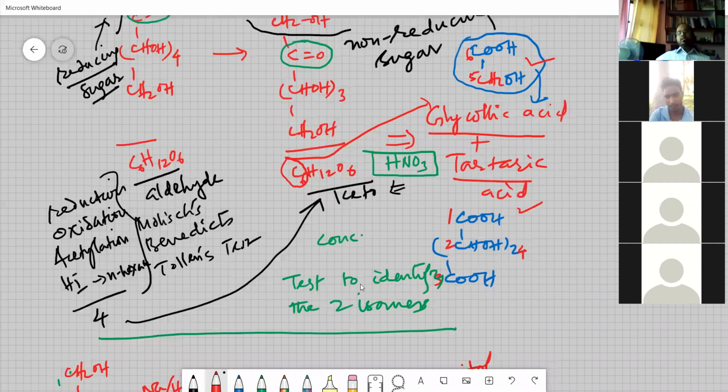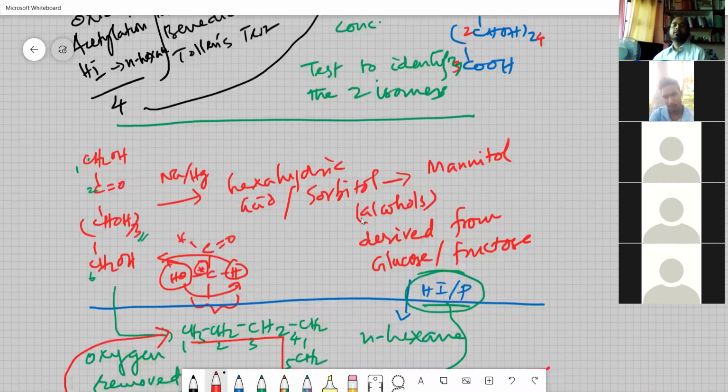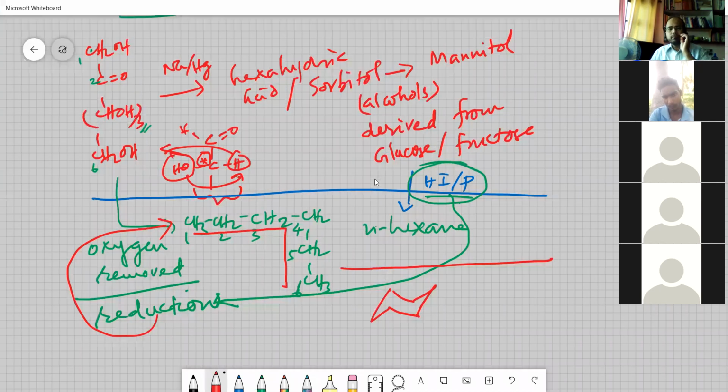The first thing you have to write is glycolic acid and tartaric acid, to identify or to differentiate glucose from fructose. Clear? And the second reaction, further reduction with hydrogen iodide and phosphorus, gives rise to normal hexane, the long hexane, with 6 carbon atoms. Now, this normal hexane suggests, the important point you have to write,